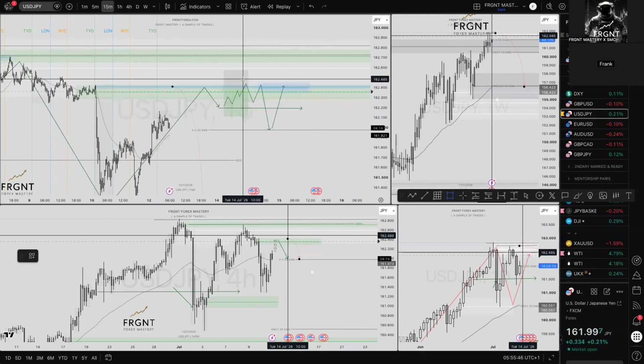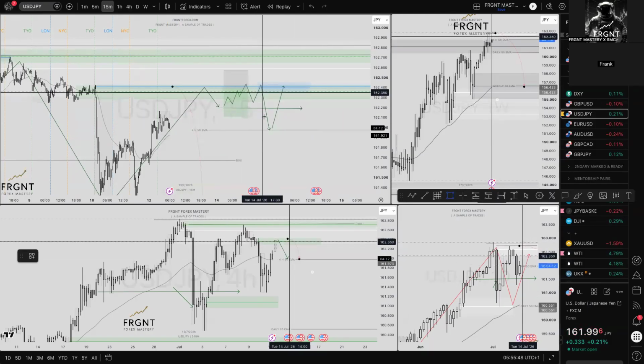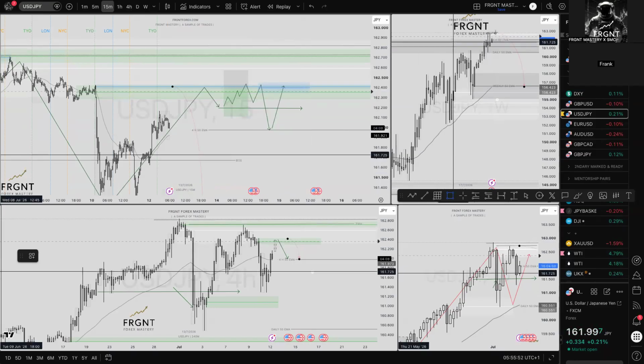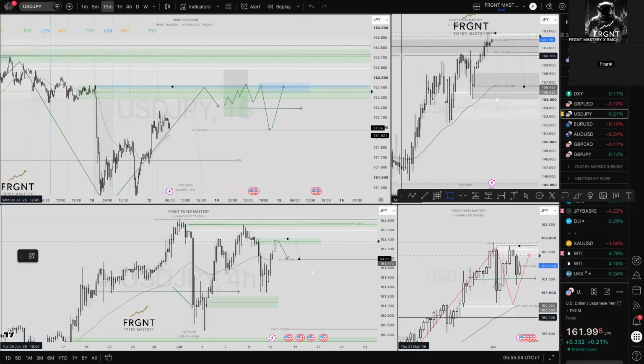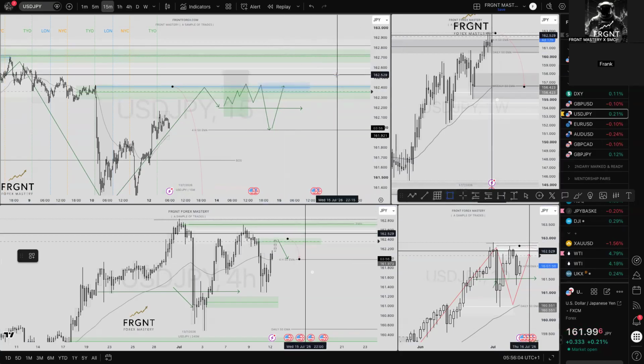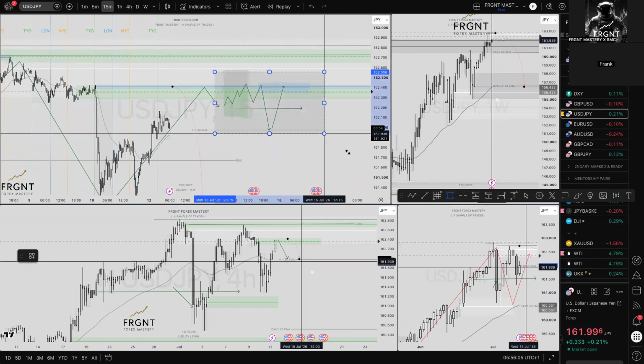When you've got two areas, look at the degree of criteria that I'm going to be looking for. Breaks of structure. When I'm up at those highs, right up at the highs of that weekly order block, I can't really do too much wrong. I'm going to need to wait for something, of course, but if I'm wrong from these highs, then I am just wrong. Of course, if you're struggling with consistency, wait for this always.